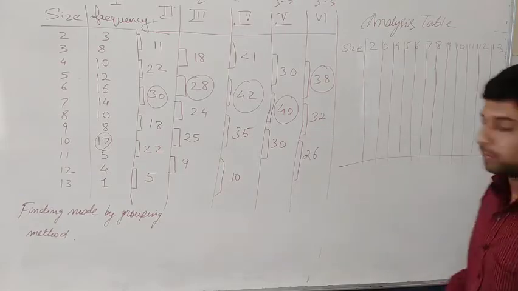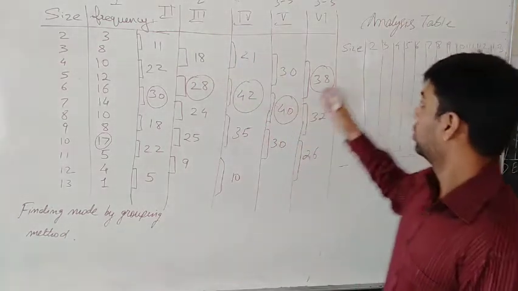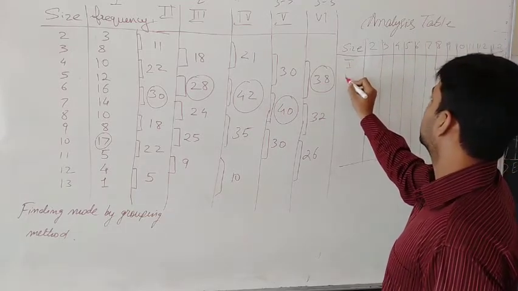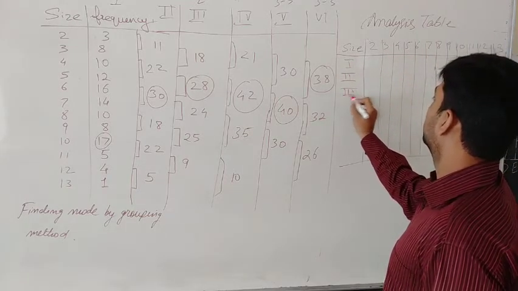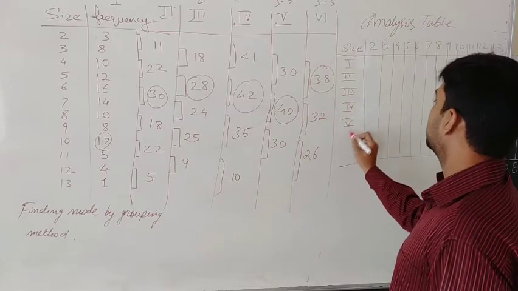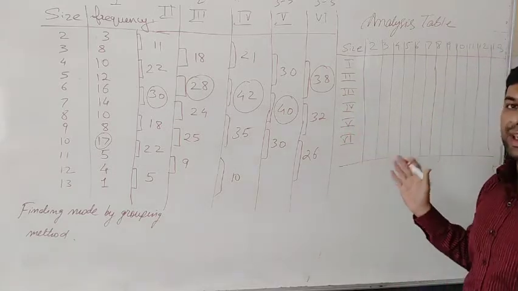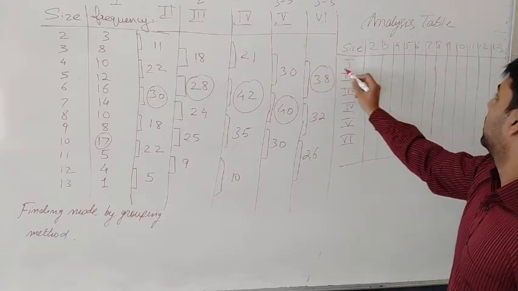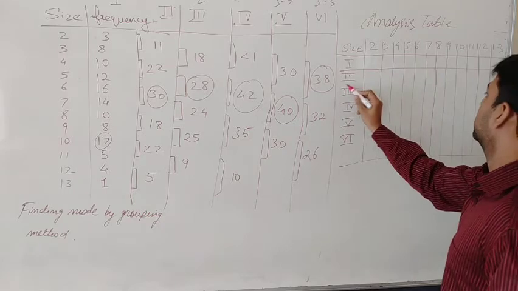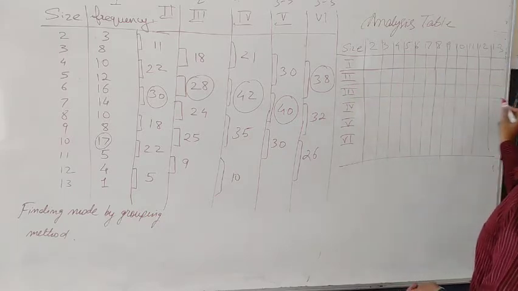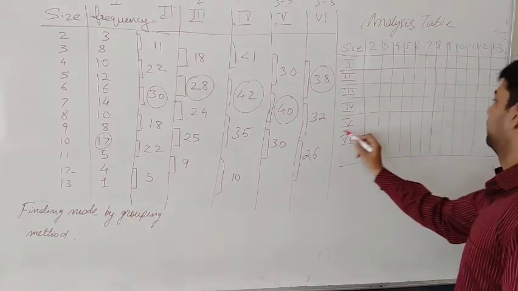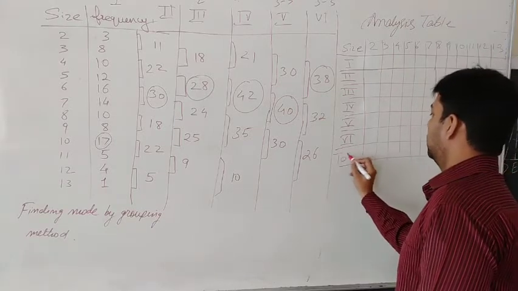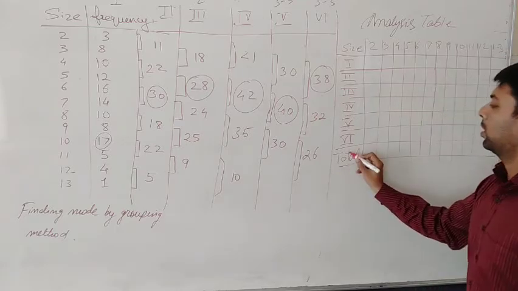Now what do we do? See, the columns we are going to take vertically. Vertical columns, like the first, the second, the third, the fourth, the fifth, and then the sixth one. We will be taking all these columns vertically. Then let us try to solve this. And in the last part here, you are going to write total.